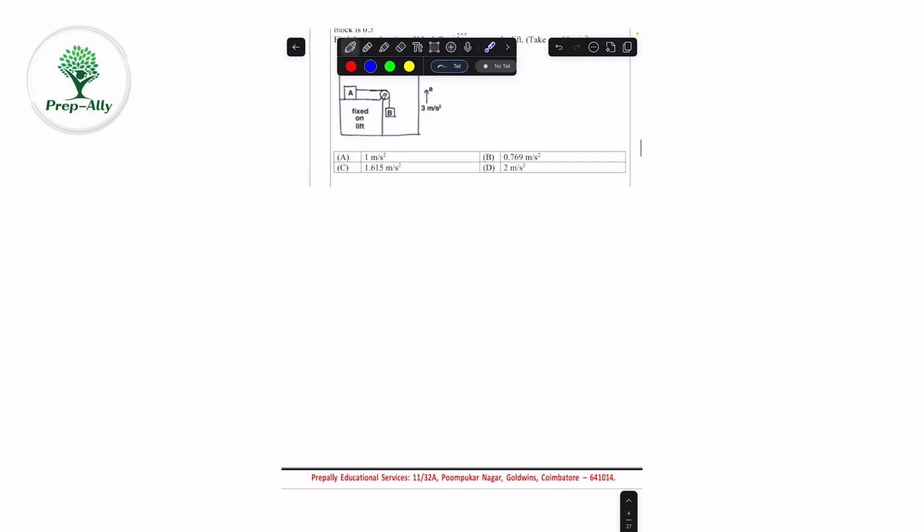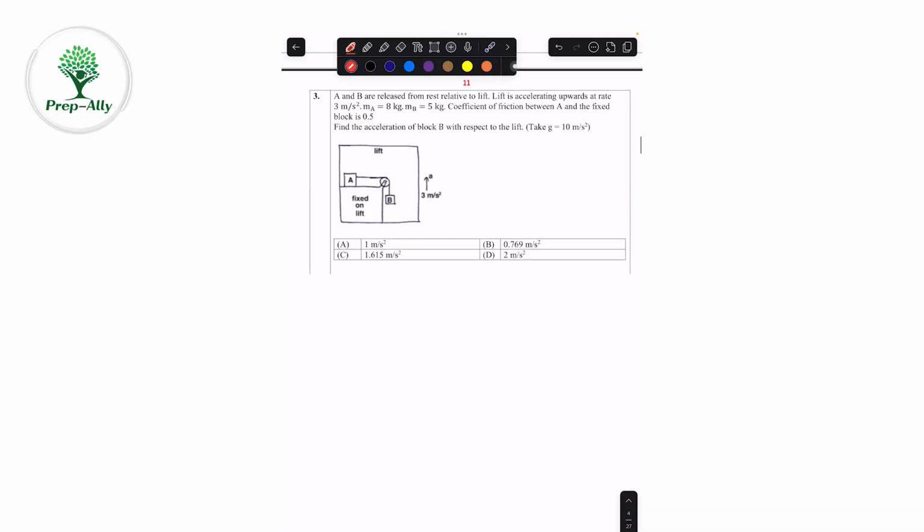So let's say we are moving with respect to the lift only. If I make the FBD of A and B, let us say this is A. Now A will have its own weight downward, which is 8g. Due to the lift's acceleration upward, it will have a pseudo force downward, which will be 8 into 3. It will have an upward normal, a tension rightward from here, and a backward friction because of